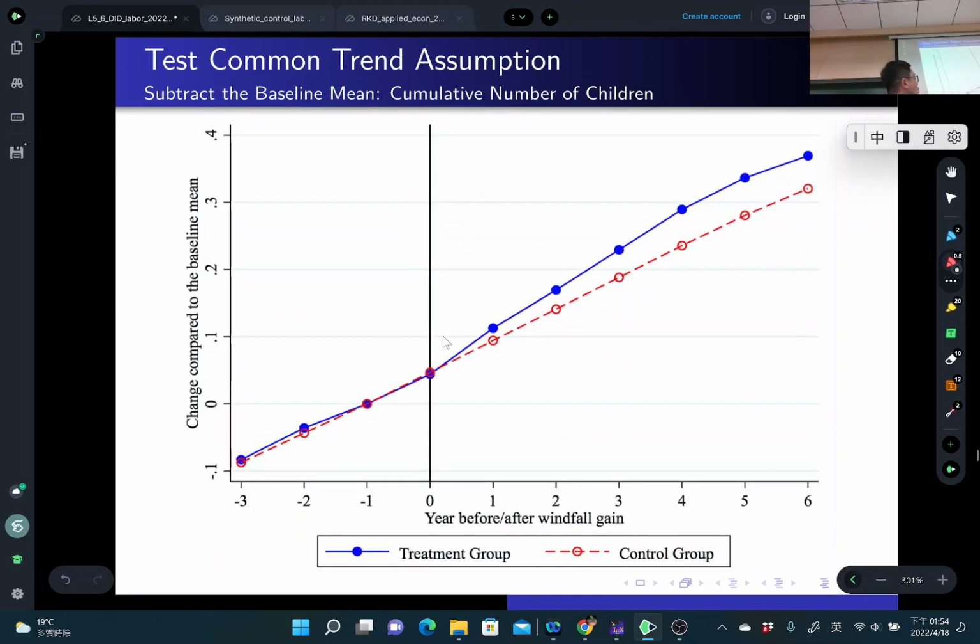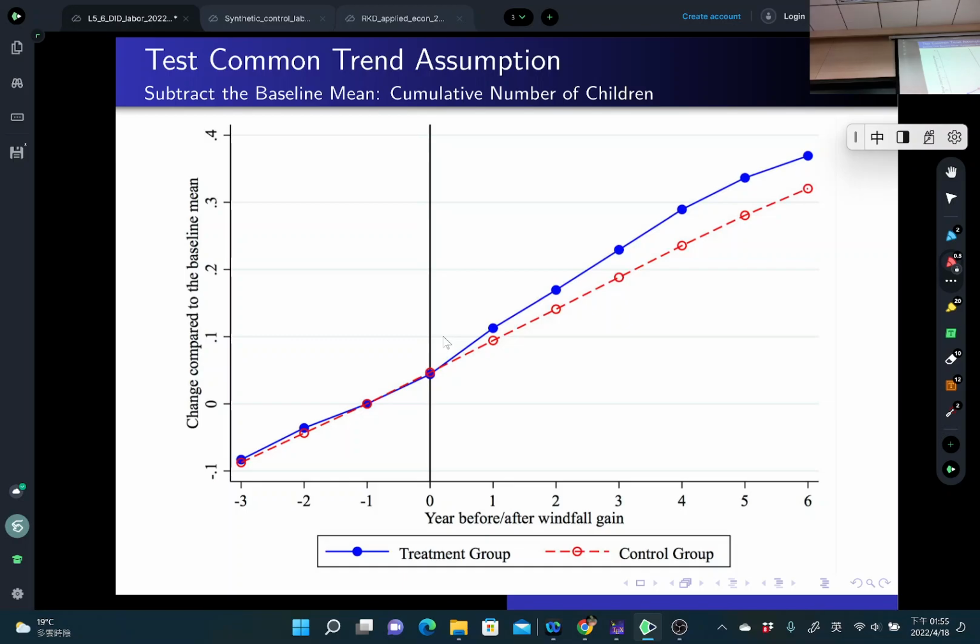So usually we will use the year just before the reference year and make it become 0. So their difference is kind of like the baseline difference. So other differences are compared with this difference. So that means every data point in each year is just minus the number in the t